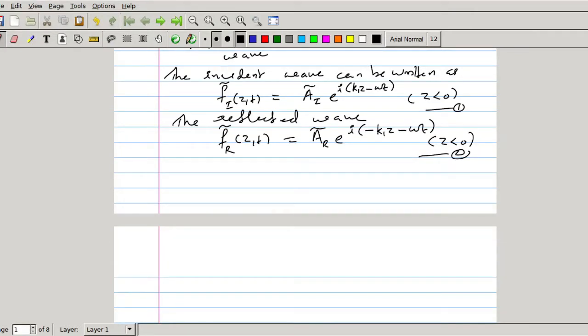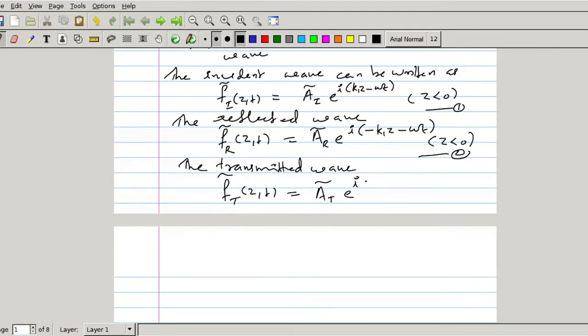So we can represent the transmitted wave in a similar way. The transmitted wave can be written as F t(z,t) is equal to A transmitted e raised to i